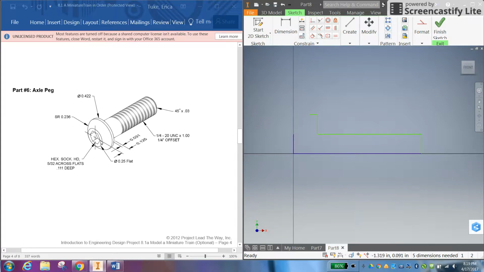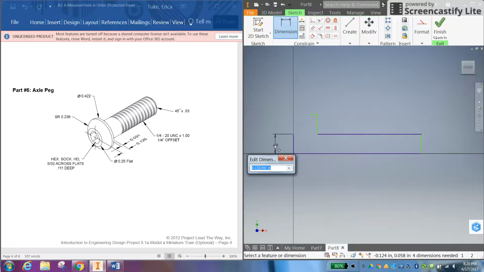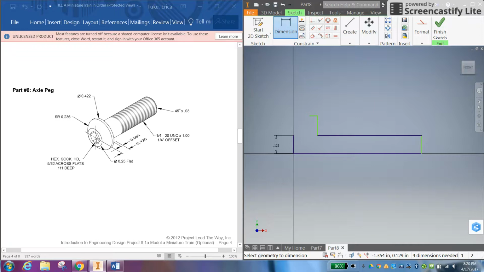So the first thing I'm going to do is look at this front face. It has a diameter of 0.25 inches and it's flat. Since we are working with our section view, I know that has to be divided by 2 to get the radius, so this will be 0.125. I know that the distance from the front face of my axle peg to the back of the head is 0.125 inches, so I can dimension that. And I also know that this little thickness here, that little bridge, is 0.31 inches, so I can dimension that line to say